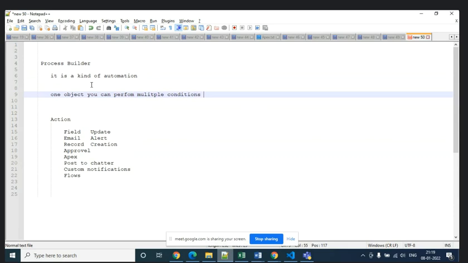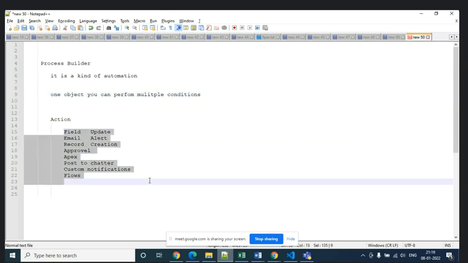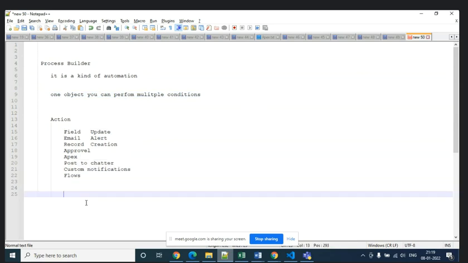Whereas in workflow, each condition you should write separately, separate conditions, separate actions. So one object can have multiple workflows. But in process builder, for one object you can write one process builder only, and within that you can perform n number of actions.